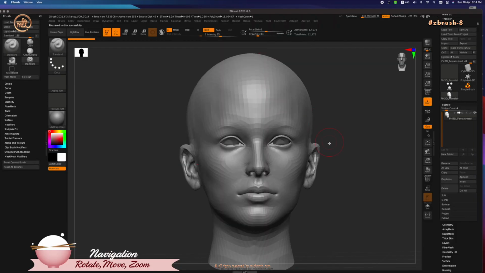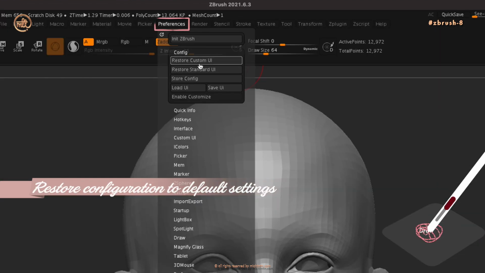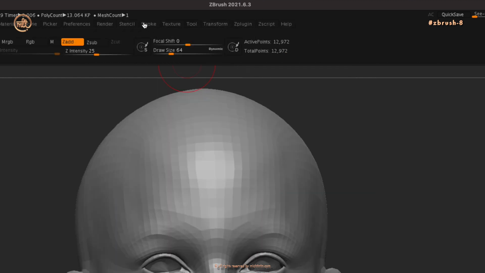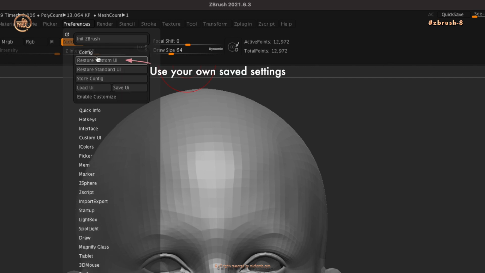That will save all your configuration. Let's say if you want to do some videos to share and restore it to the standard settings before editing, click on Preferences, Config, and click on Restore Standard UI. To go back to your own settings, restore Custom UI.